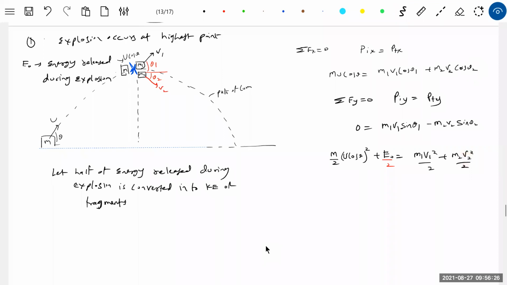Will the explosion take one hour? The Deepavali cracker does not burn that long. Sir, at that instant you are doing, sir. Yeah. Okay, sir. What is the explosion? It will be a fraction of time, no? Yes, sir. And what is the change in momentum due to gravity? Nothing will be there. The internal forces will be very much greater than gravity. So therefore, the change in momentum that occurs will be due to internal forces, not due to gravity. Yes, sir. Okay, now, sir, these are the conditions they'll put. If there is no energy released,